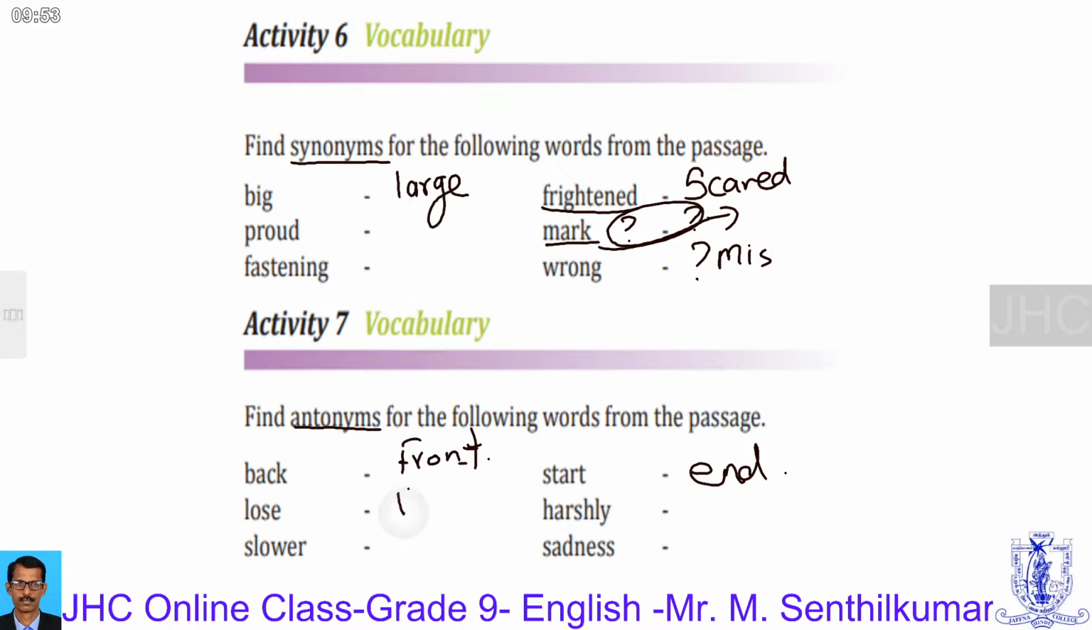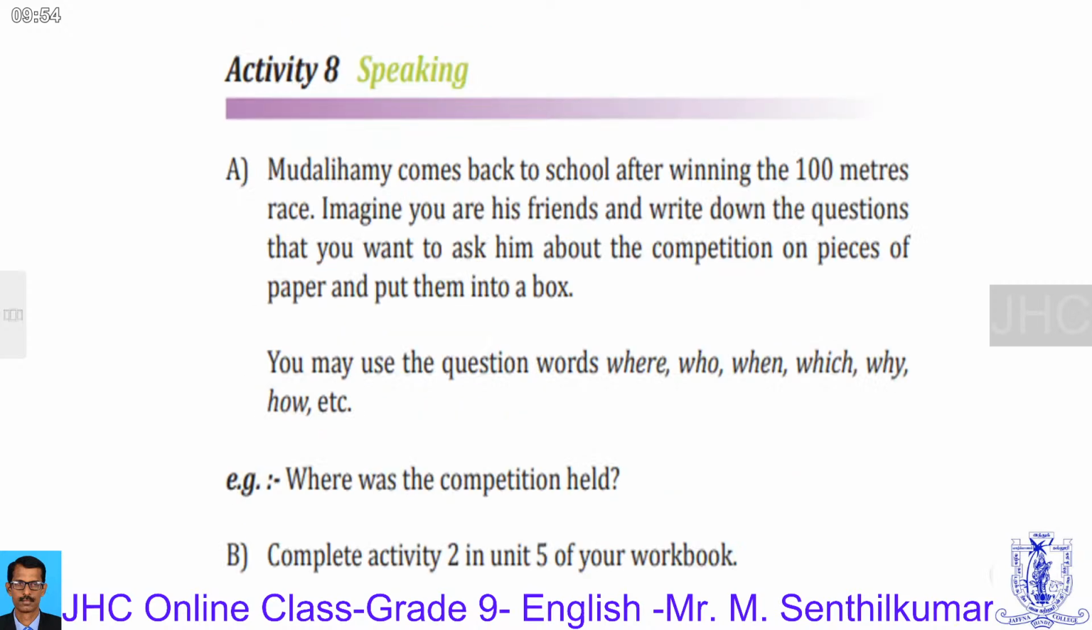Next one. Loss, win. Harshly, softly. Slower, faster. The words are there. Slower, faster. Sadness, happiness. Right? Okay? You are going to do these activities in your textbook, because they introduce you to synonyms and antonyms. Okay? Now,